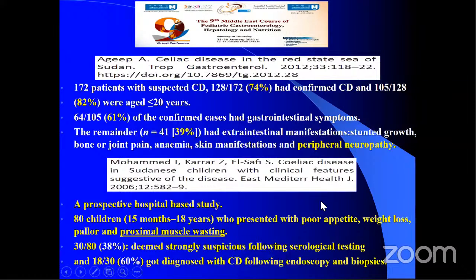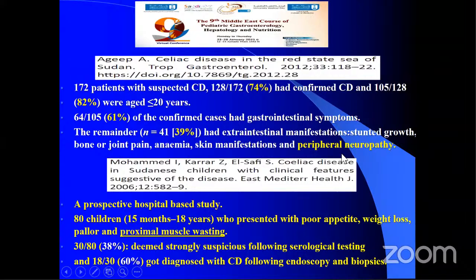Another study by Ajib on celiac disease in the Red Sea State in Sudan. In 172 patients, 61% of the confirmed cases had gastrointestinal symptoms, whereas 39% of the confirmed cases had other features like stunted growth, bone or joint pain, anemia, skin manifestations, and